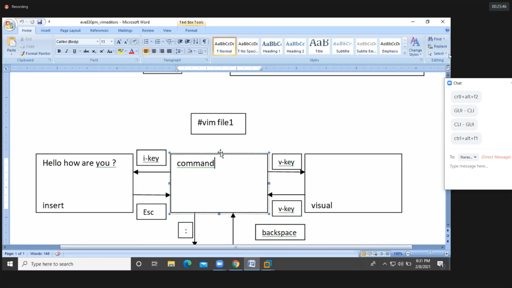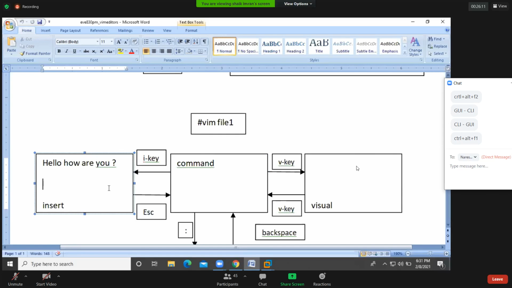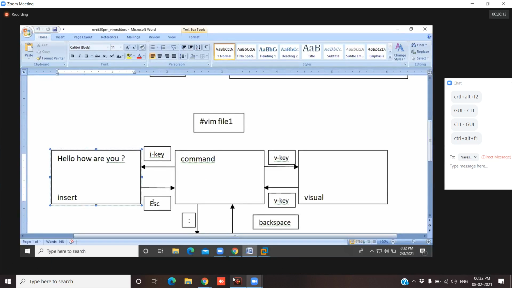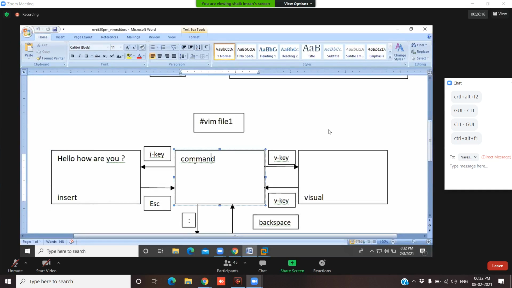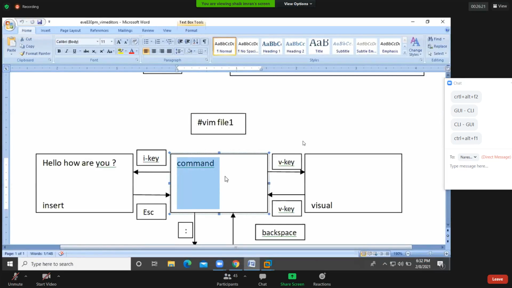Clear? So how many modes have we completed till now? Command mode and then insert mode. If you open the file, by default we have the command mode. You are unable to edit the file with the help of this command mode. So to edit the file, we should enter into the insert mode using the small i key option. And then after completing your work, after editing your file, I need to go back to the command mode again. So we should use the escape key to go back to the command mode. Clear, guys? Escape key, we're back to the command mode.